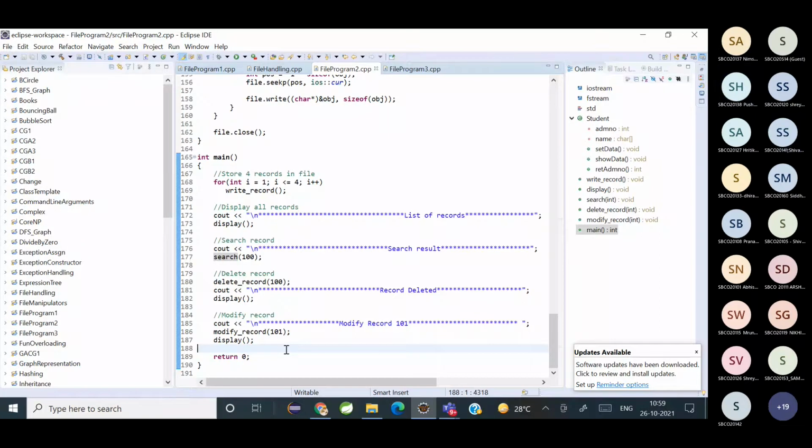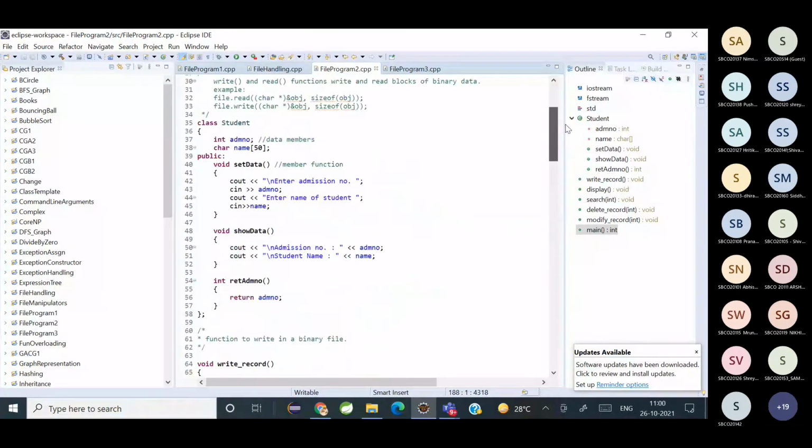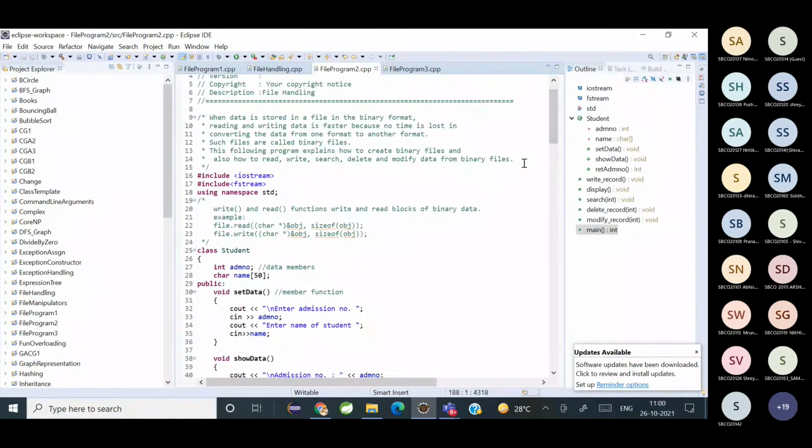Okay, so we have learned how to read and write objects in a file. As I told you, file handling is all about how you can read data, write data, set pointers, and in which mode you want to open. So that's all about it, but you have to remember the syntax. So if there is any doubt in this code, ask. See, this is a summarized thing.